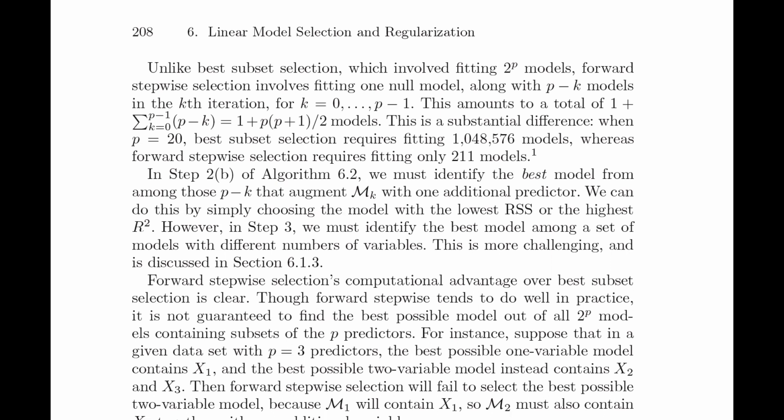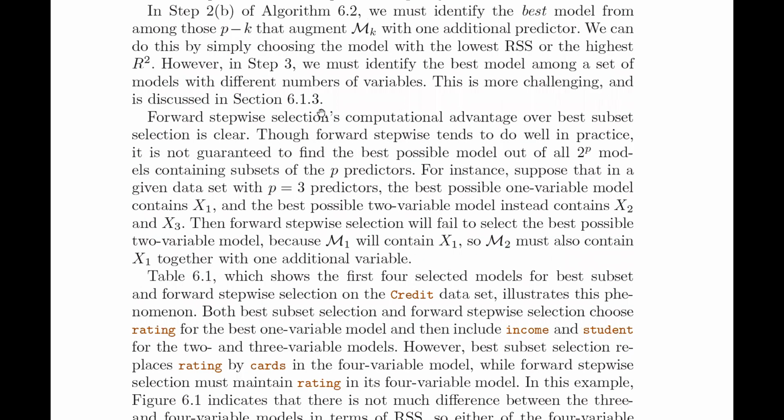In step 2, part B of the algorithm, we must identify the best model from among those p minus k models that augment Mk with one additional predictor. We can do this by simply choosing the model with the lowest residual sum of squares or the highest R squared. However, in step 3, we must identify the best model among a set of models with different numbers of variables. This is more challenging and is discussed in section 6.1.3. This is when we start talking about the AIC, the BIC,